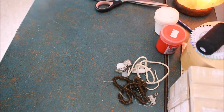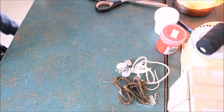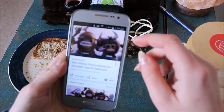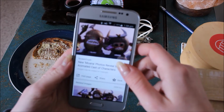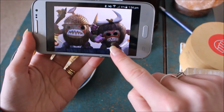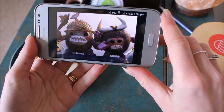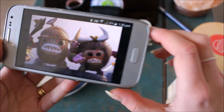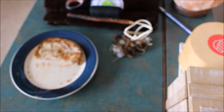So now we've got the stuff together, we can start. I began by eating toast. Then I found a picture on the internet of the pirate I wanted to make, and I'm going to be making this little guy here. So that's what I'm aiming for. I'm not going to be trying to recreate him exactly, I'm just sort of making him in my own style,